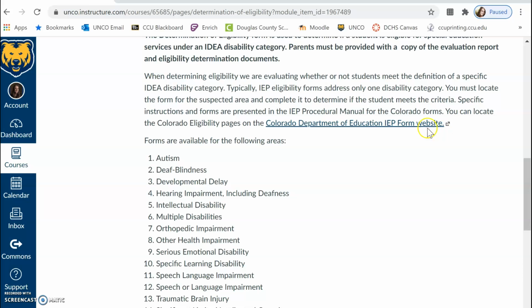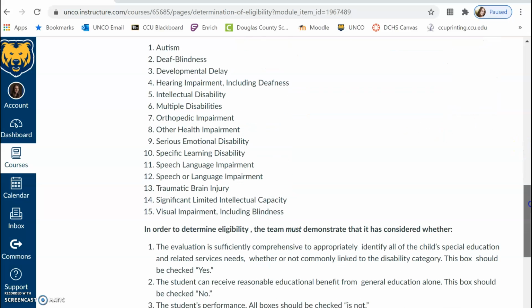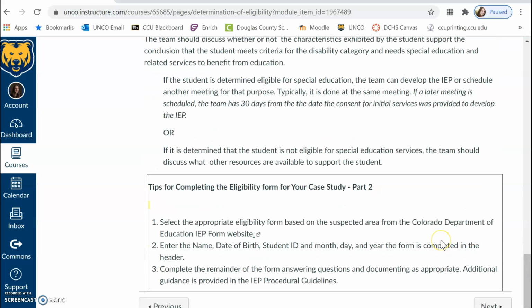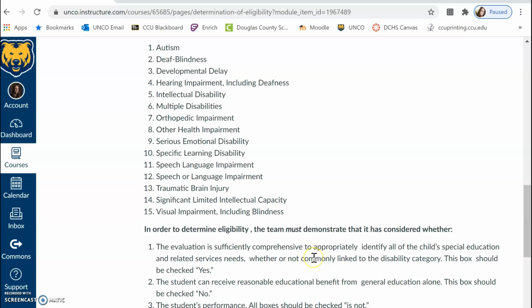And here, there are many different categories under which a student can be eligible for special education. When we do determine eligibility, we have to go through the forms that were provided and identify many different answers to questions related to the disability that we choose. So we first have to say, yes, our evaluation is comprehensive. No, the student cannot receive educational benefit from general ed alone. And then go through and